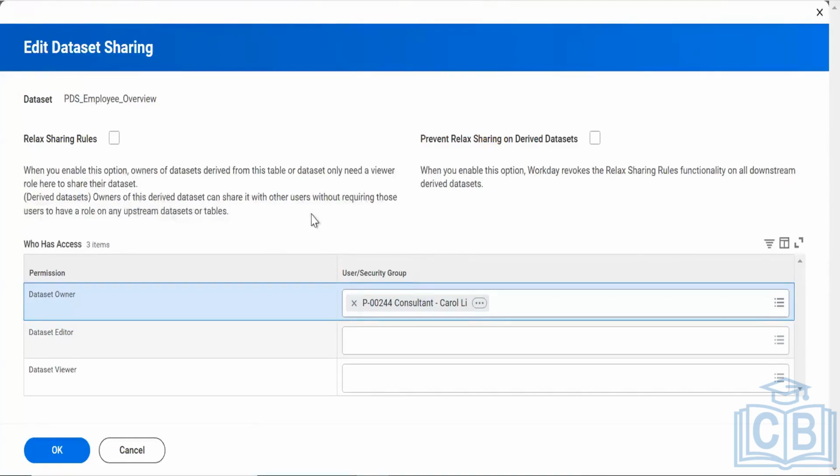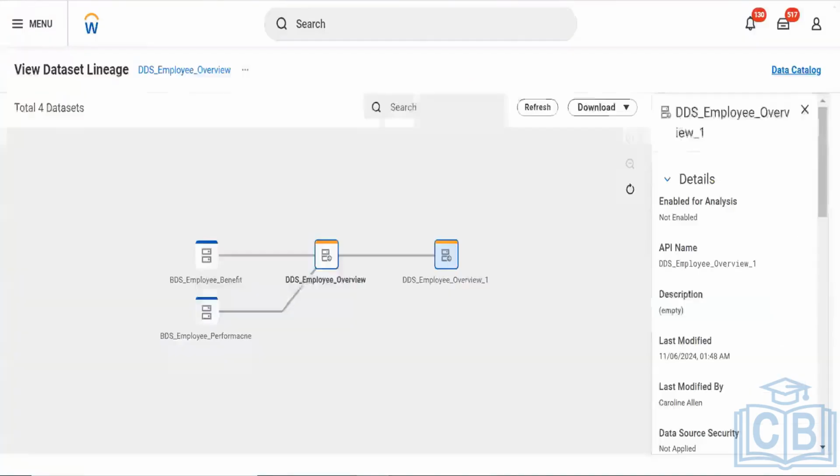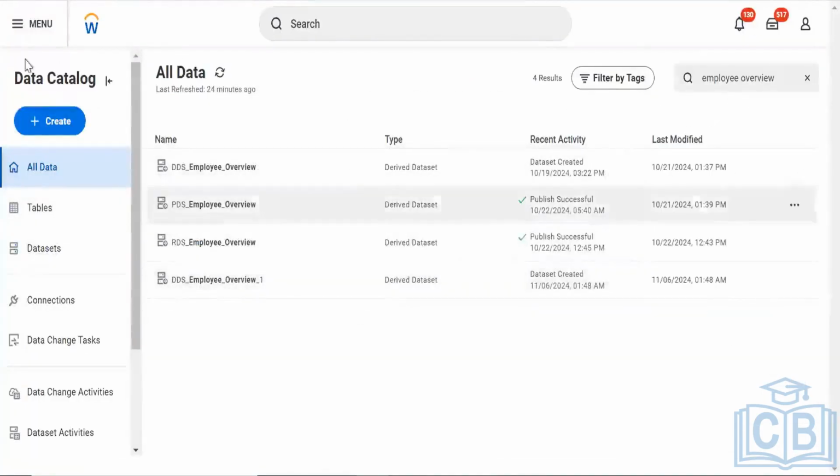Now I publish it and I want to make it available for others. Inside Workday I can give the security to others. But here we are only giving based upon the dataset security. When I create a report in Workday, in that report I can give the permission to other workers. This is how the sharing works in Workday, and you can give the security to the people depending on our need.